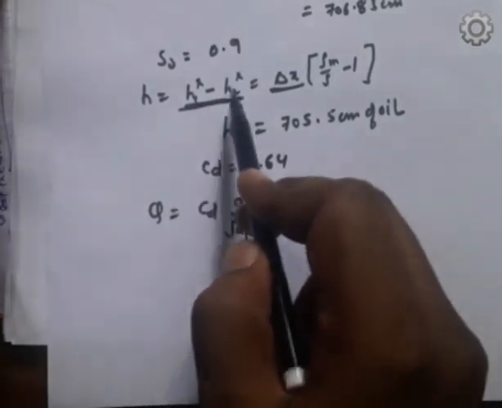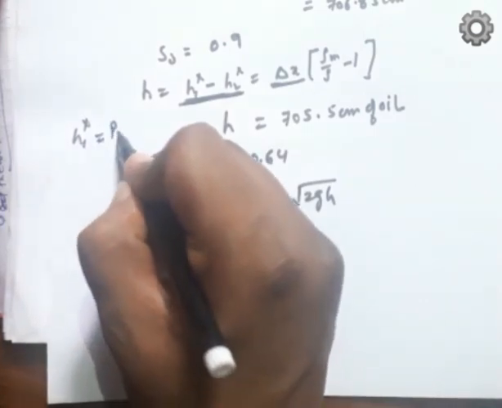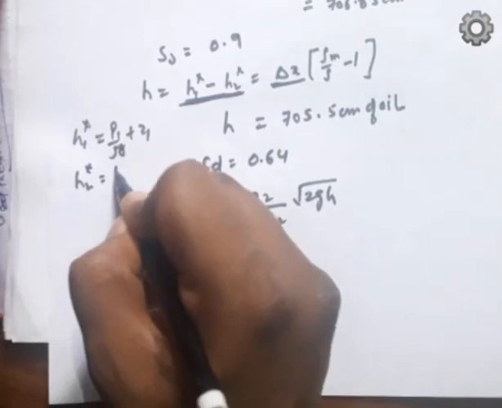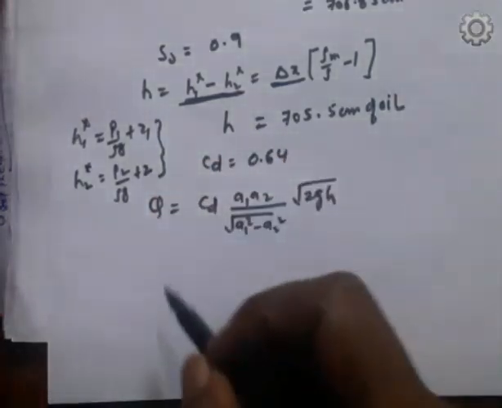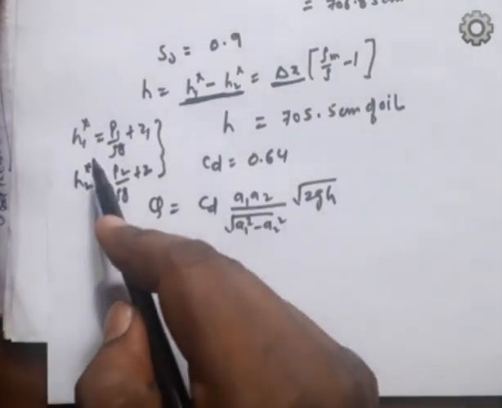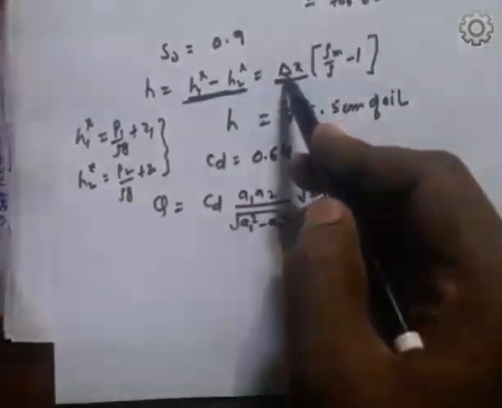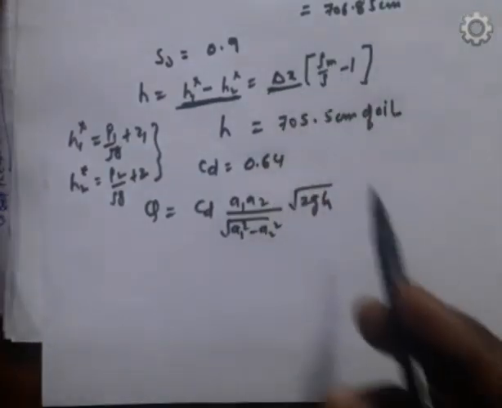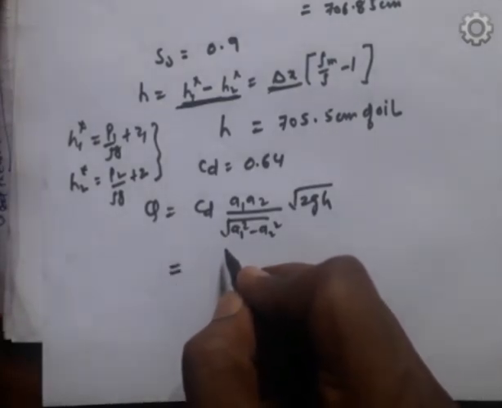We have calculated it. We know that H1 star is equal to P1 by rho g plus Z1, and H2 star is equal to P2 by rho g plus Z2. It is called piezometric head, and the difference between them gives the pressure head or manometric head. Here del X is the manometric deflection shown in the differential manometer. So by putting all these values, we can get